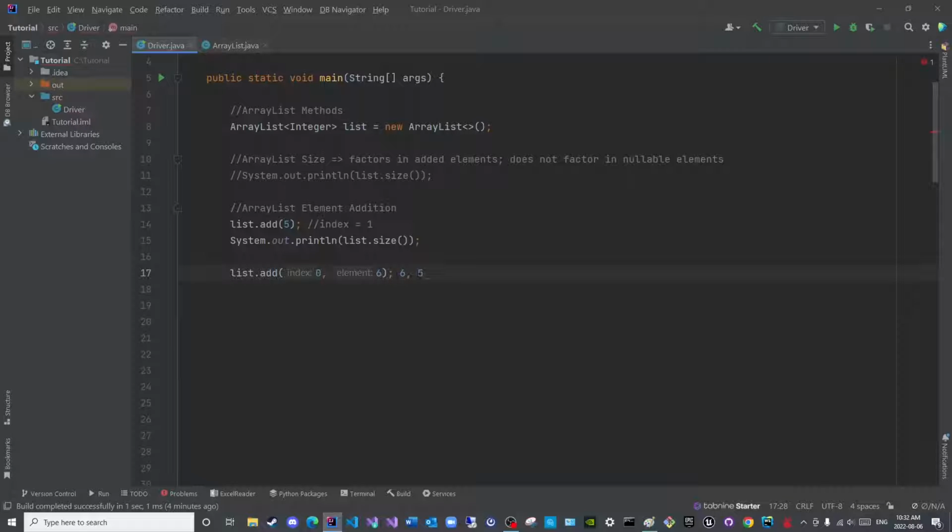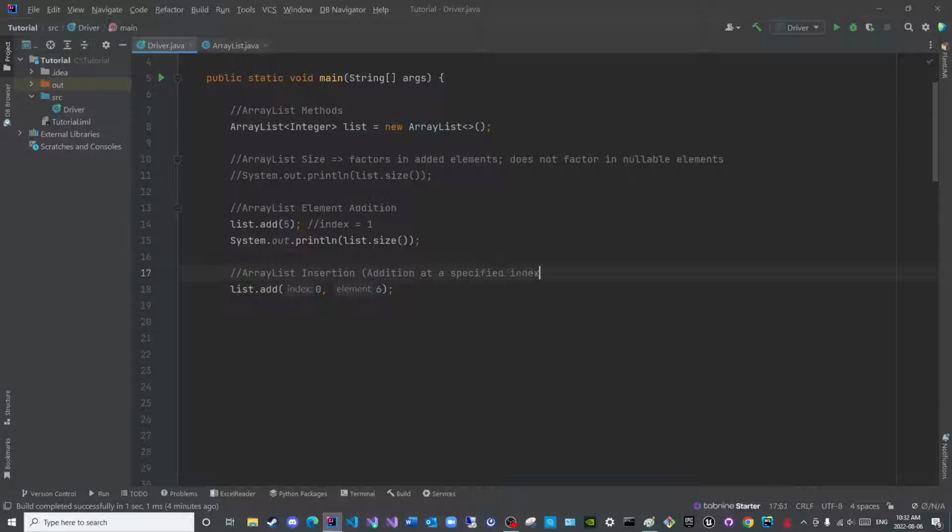So 5 will be pushed to the right, as you can see here, because it will have the first index, and 6 will have the 0th index, like so. So this is insertion, but it is under the name addition. It does not truly matter because it is technically considered addition too. So this is ArrayList insertion, or addition at a